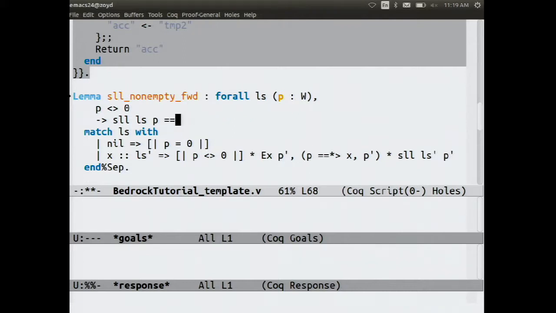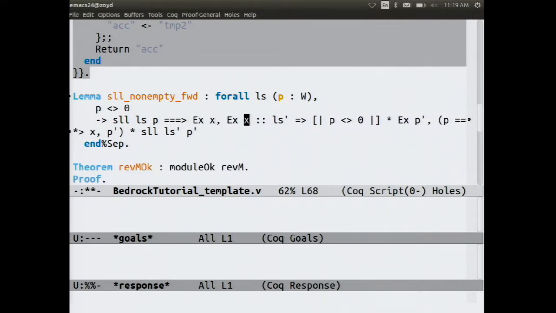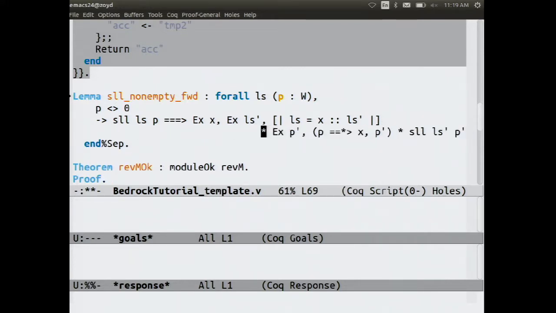It implies sort of this, where I'll say there exist x and ls prime such that the list equals those together, and we already know p is not 0. And by the way, there also exists p prime such that this holds. So this is just sort of a restatement of part of the definition of SLL.